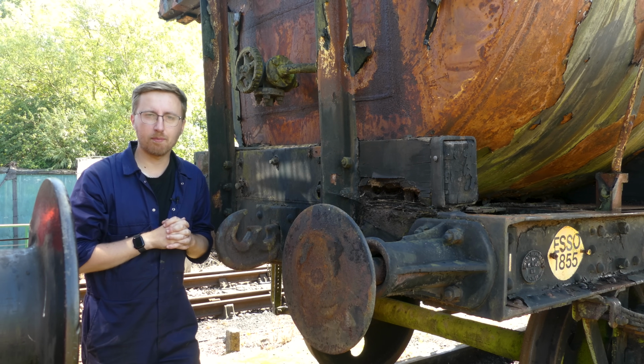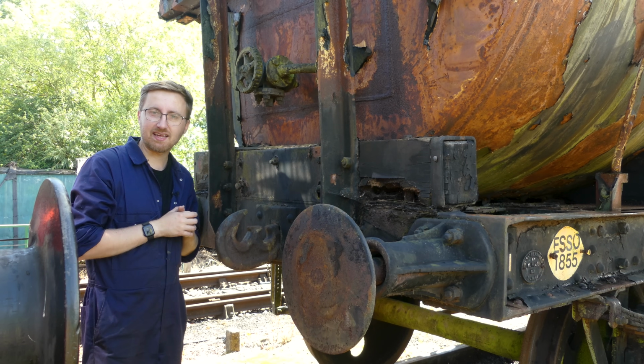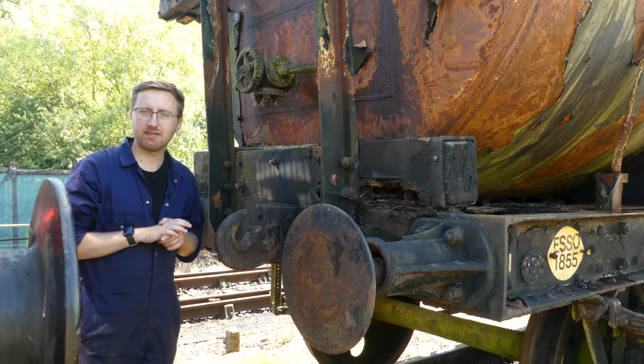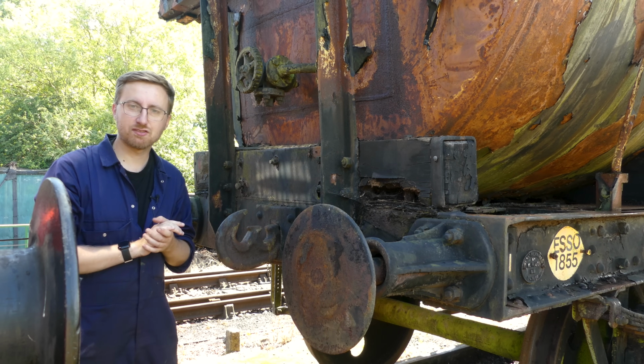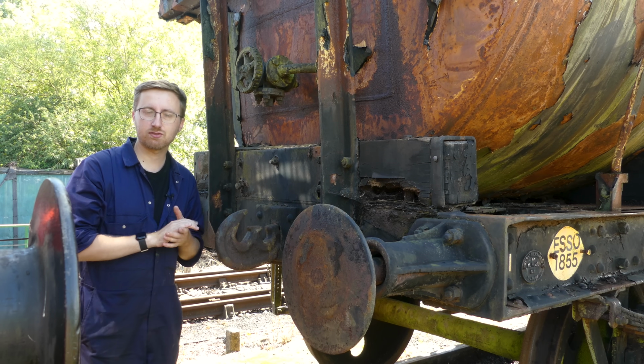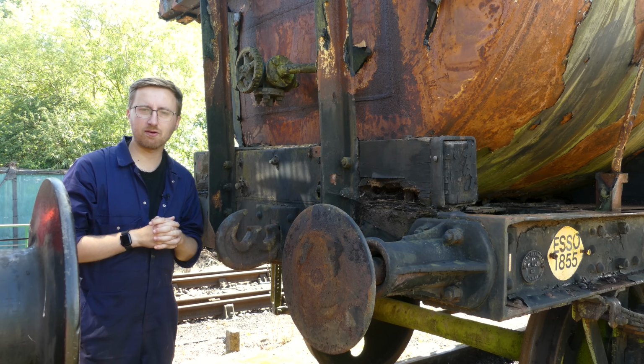Now I popped down there a couple of weekends ago because I put a post on Facebook asking if anyone had any instanters, and after looking on eBay and someone's trying to sell a pair for £110 each or something ridiculous like that, I got a message from the Bluebell guys who very kindly offered me a couple of really nice quality instanters. So huge thank you to those guys,